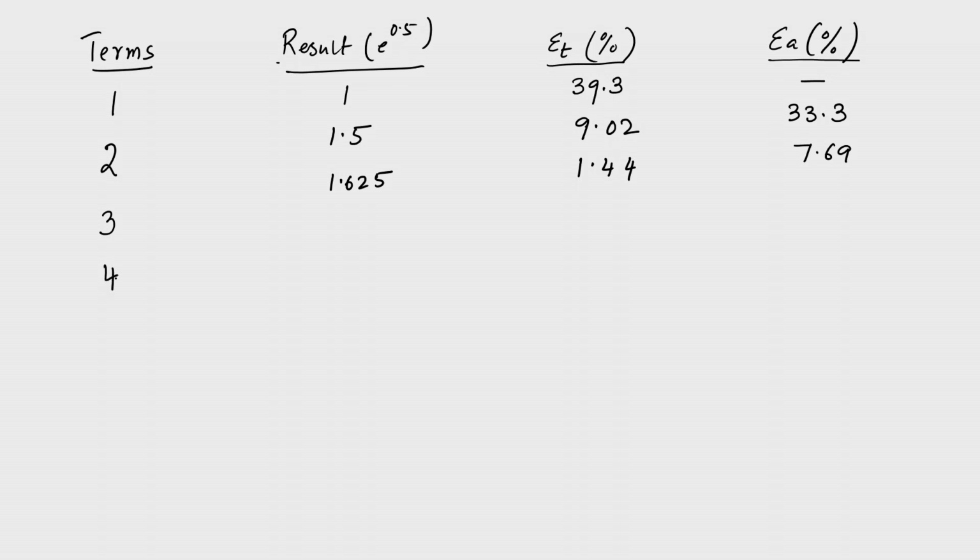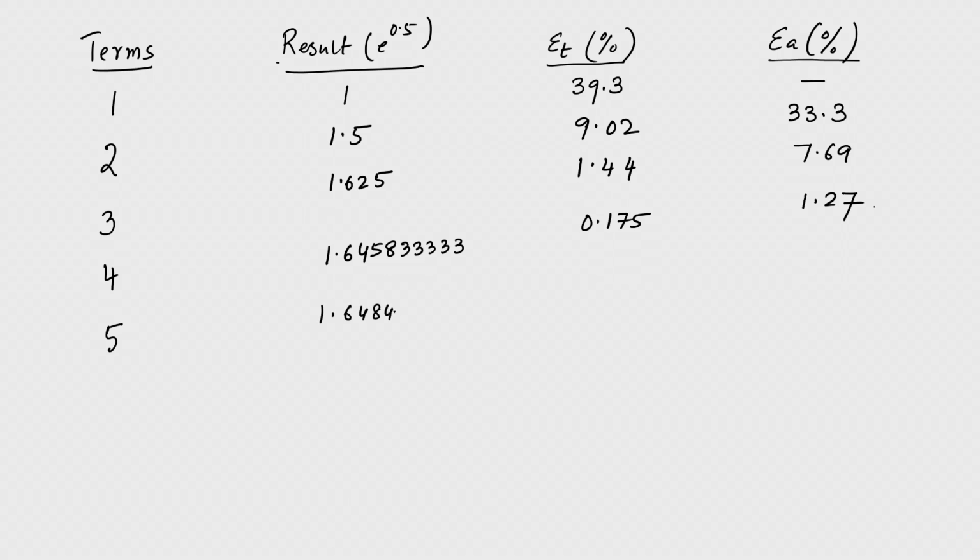And the fourth is equal to 1.6458 and 33333, and this is only 0.175%, and this is 1.27%. Similarly, in the fifth iteration, one gets a